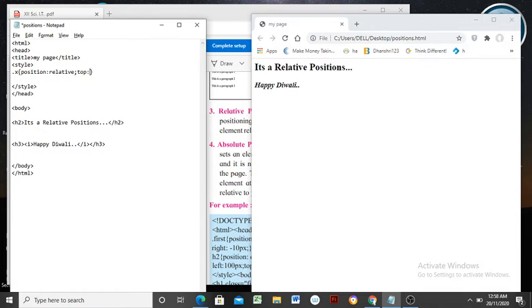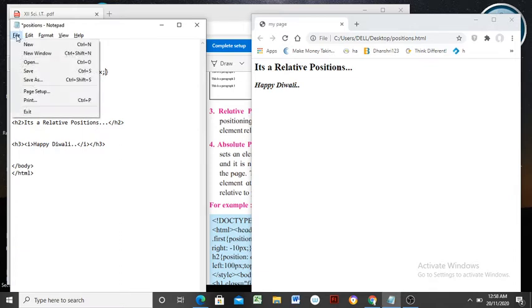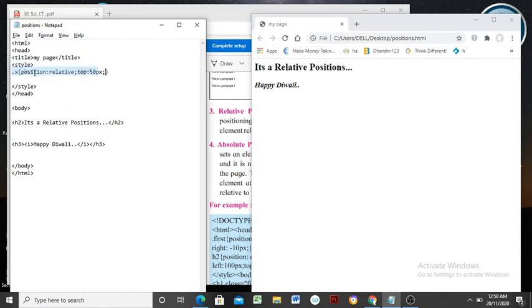See here, top 50 pixels. Also we saw this effect yesterday in the previous lecture. Save this, and you should get the effect in the browser window. It doesn't provide such an effect.